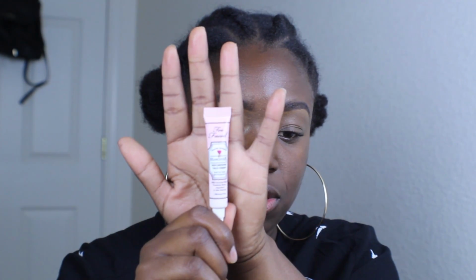Okay, so first I'm going to prime my skin. I've had this little mini tube of Too Faced Hangover RX. Oh, my lighting is so bright today. The Too Faced Hangover RX. I have to do it that way or you're gonna miss it. But yeah, I've never used it ever. So I'm gonna try it today, and it says it's made with coconut water, probiotic based ingredient, and skin revivers, and it's silicone free, which is awesome because I have oily skin and silicone doesn't tend to really help me a lot. So I'm going to put that on, and I figured since I'm using the Too Faced foundation that